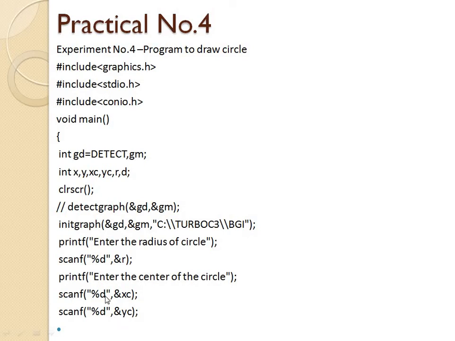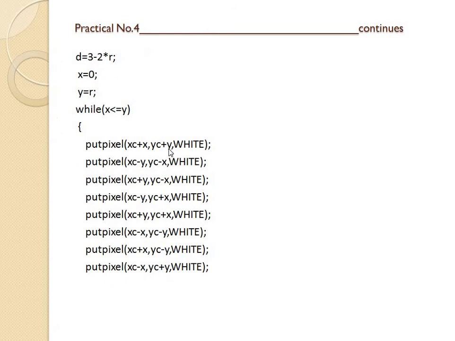So the first scanf is for the x coordinate, then the second scanf is for the y coordinate. The first scanf is %d with xc, and the second scanf is %d with yc, that is the y coordinate. So here we put the x and y coordinates for the center of the circle. After that,